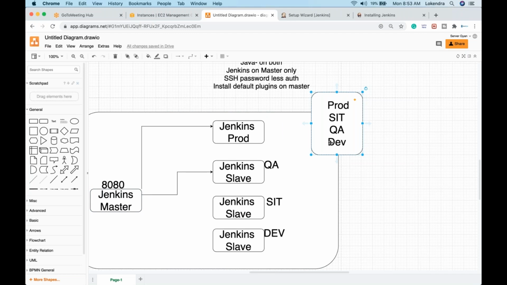Keep this in mind: if the Jenkins server is responsible for automated deployment up to the dev, QA and SIT environments, that is known as continuous deployment. But if your code is robust, you have automated test cases written, and everything is up and running, and you are confident enough, you can push the code with the same pipeline, within the same flow, to production. That is known as continuous delivery. So there are two CDs: continuous deployment and continuous delivery.